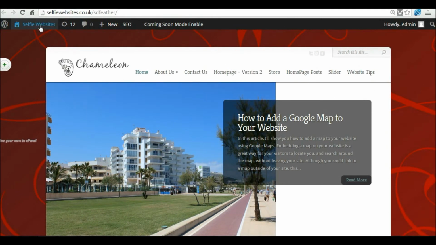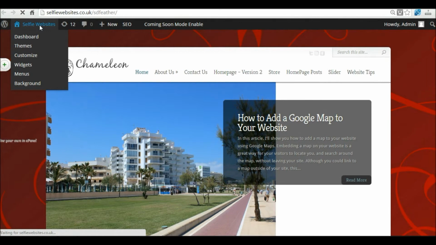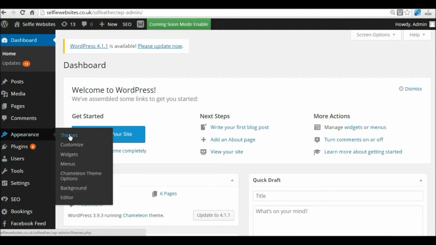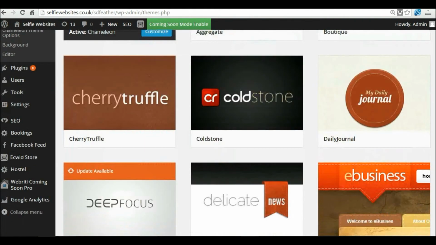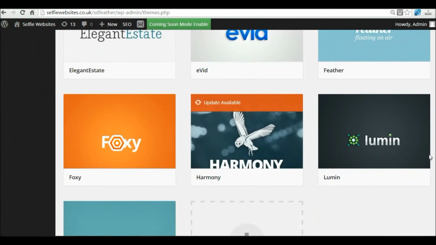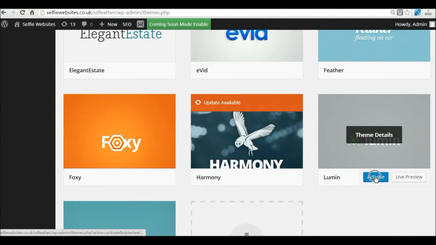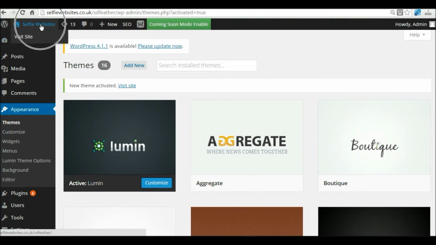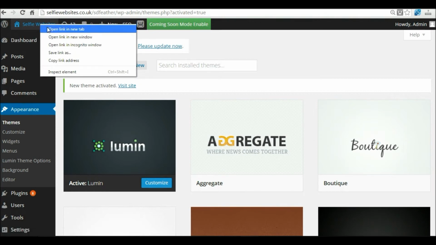So all of the content here we have on our website is going to stay intact when we change the design of that. So I'm going to go to the back end of our website, and I'm going to go to the themes section, which is where we would install a new template. So under appearance and themes. Now I've already uploaded the template for Lumen, but you would need to upload whichever style you wanted. All we need to do then is simply activate that theme, and that will change the look of my website instantly, but it will keep all of the pages and posts intact. So if we now view the website,